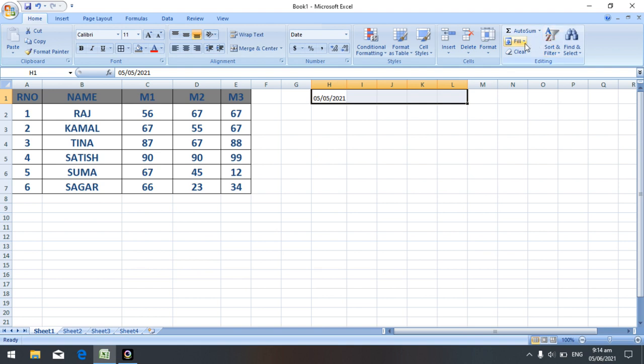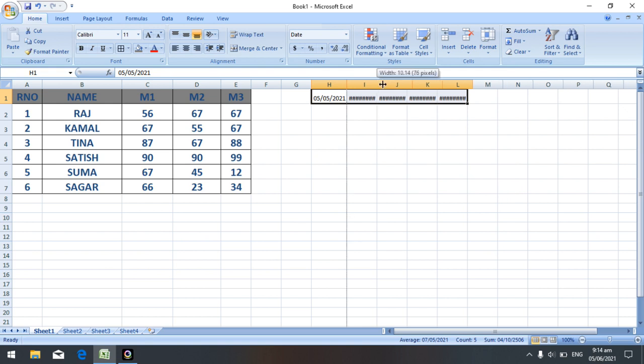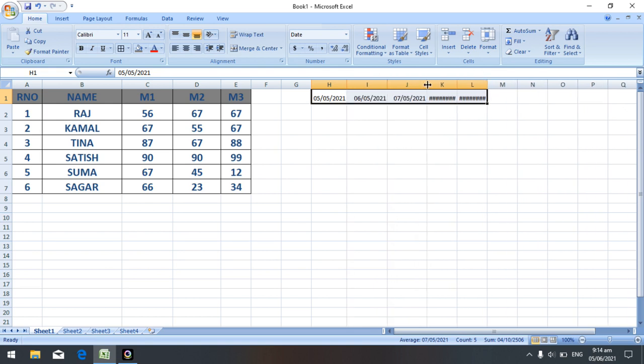On that time, Fill, Series, then columns, rows, then date, here day, step value I will use 1 only, so click on OK. 5, 6, 7, 8, 9, because the step value is 1, so it adds 5 plus 1, it becomes 6, 6 plus 1, 7, 7 plus 1, 8, 8 plus 1, 9.